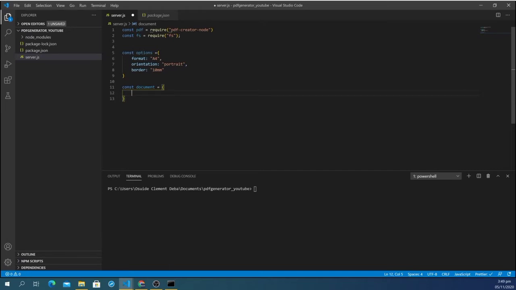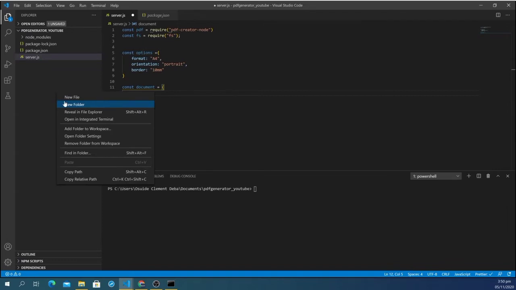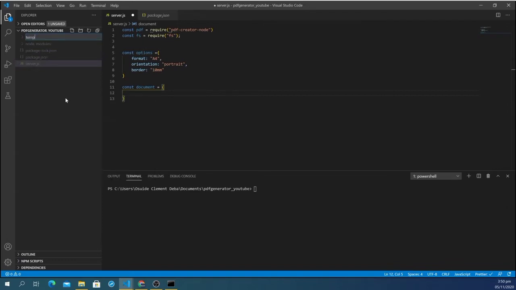So I need to create a template file so that the PDF creator node package can work with that template and then dynamically create its own PDF from that, right? We need to create a template. And to do that, I'm going to create a template folder called template. And inside of this template folder, I'm going to create a file called